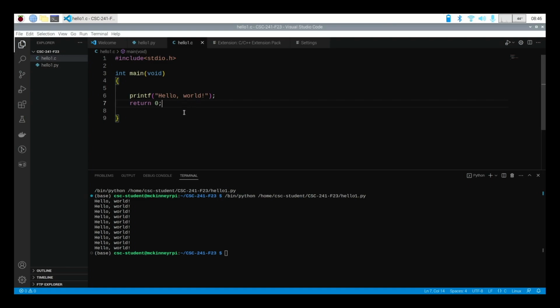Now, if I want to run this, what do I do? Well, this is where things get a little bit different compared to Python. If I run a Python program, really what I'm doing is passing the Python code to another program called the interpreter. And the interpreter is what actually runs it on the fly. That's not the case with C. So if I want to run this program, what I first have to do,